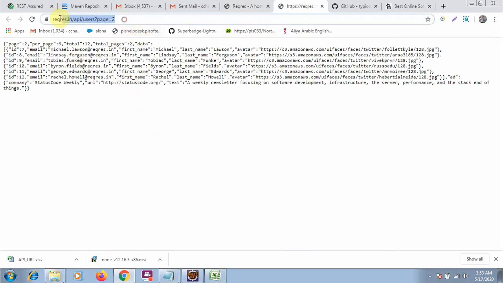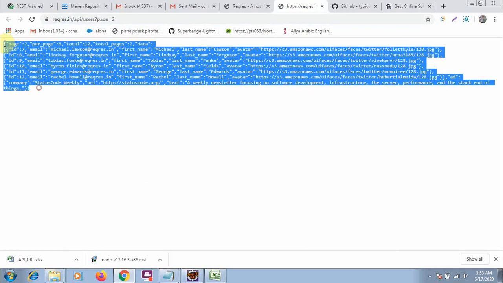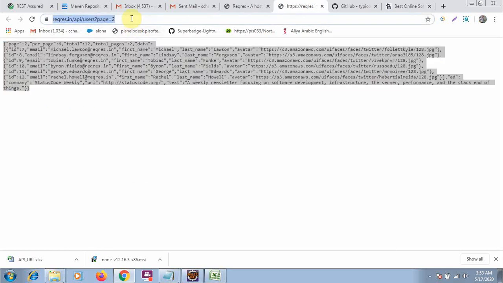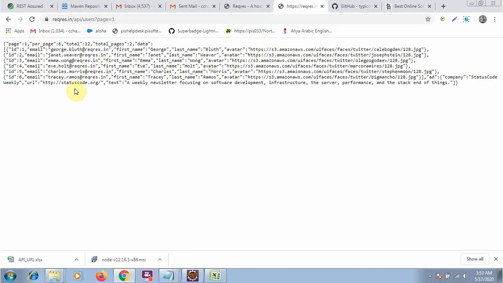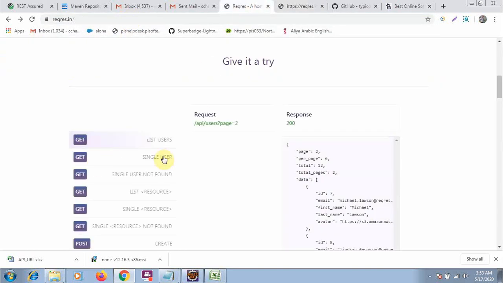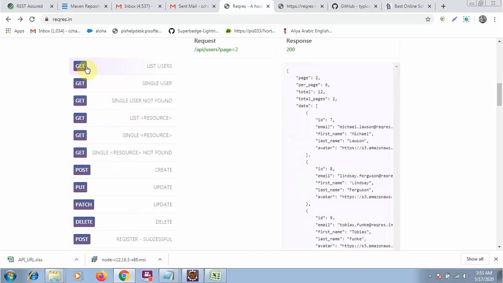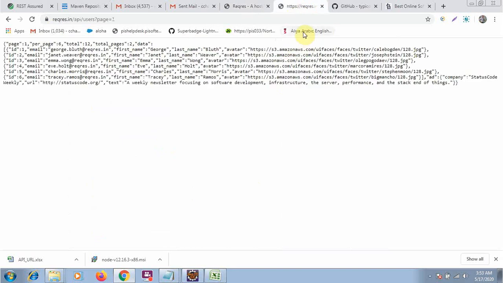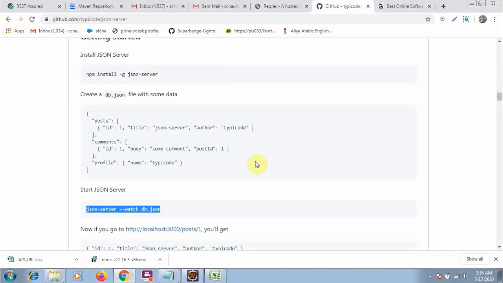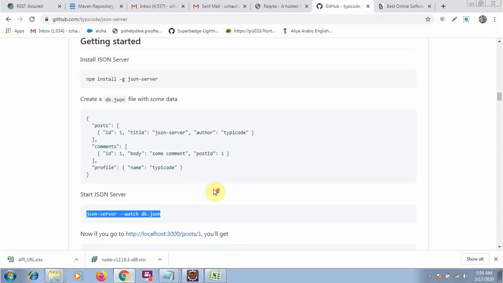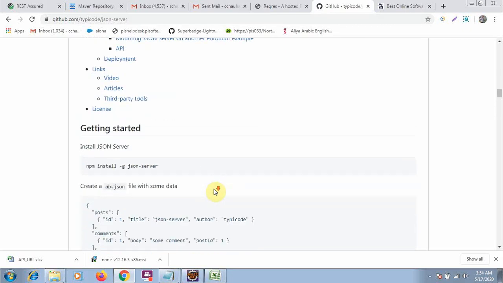Whenever you run these, you will get this data. These are the APIs that you can use in your testing. They have also given get, post, put, so you can use all of these. It purely depends on you, and you can also create your own fake server so that you can check the request.